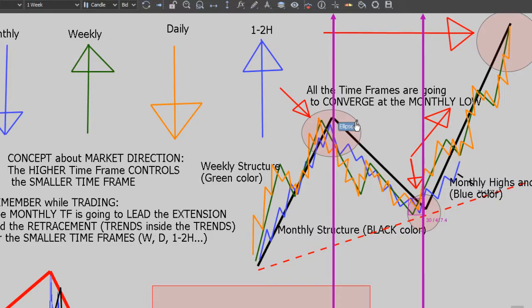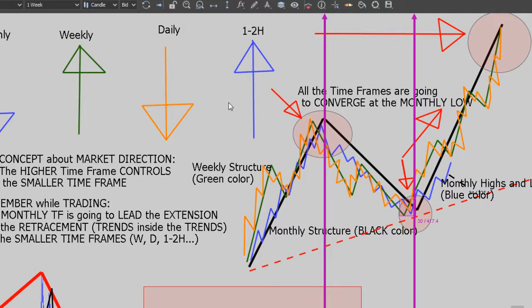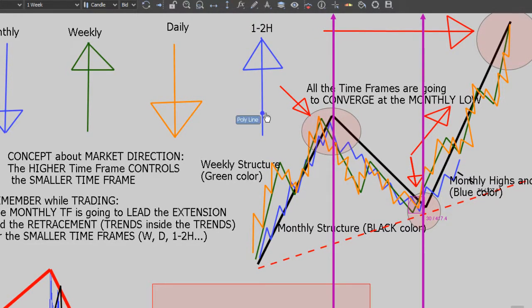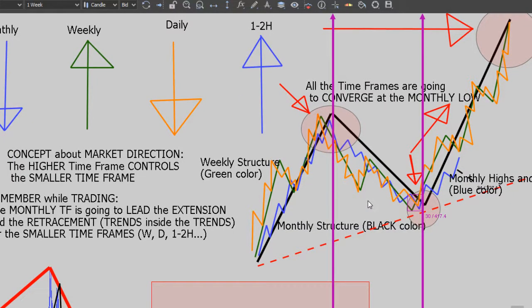Be careful, because you have only structural downtrend from the weekly, but you have uptrends and downtrends, structural uptrends and downtrends from the daily. And we didn't even draw the smaller time frame, which I believe we are not going to do, but I believe it's clear right now what the point is, right? So what should you do in here? Should you only sell the downtrend? Should you go on smaller time frame and go long on the uptrend on the daily or 1 hour, 2 hour? Because there is going to be an uptrend structural on the smaller time frames, right?